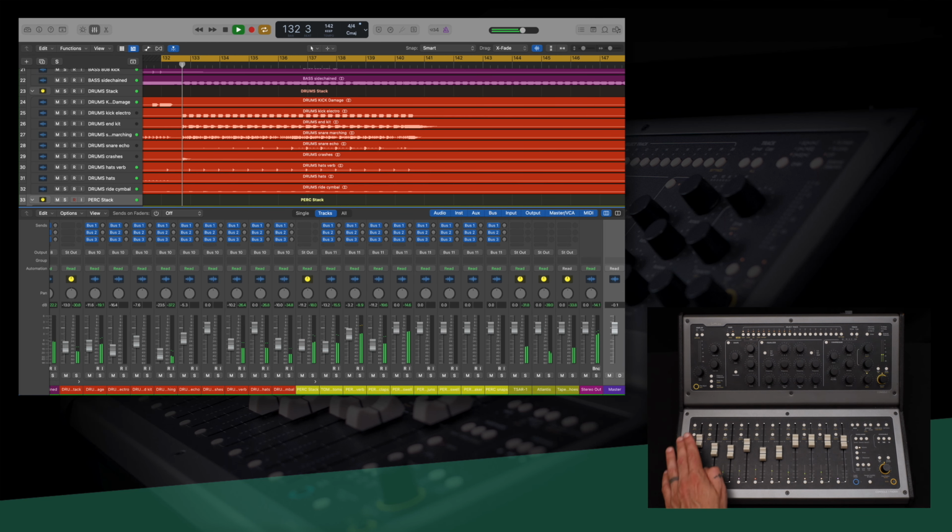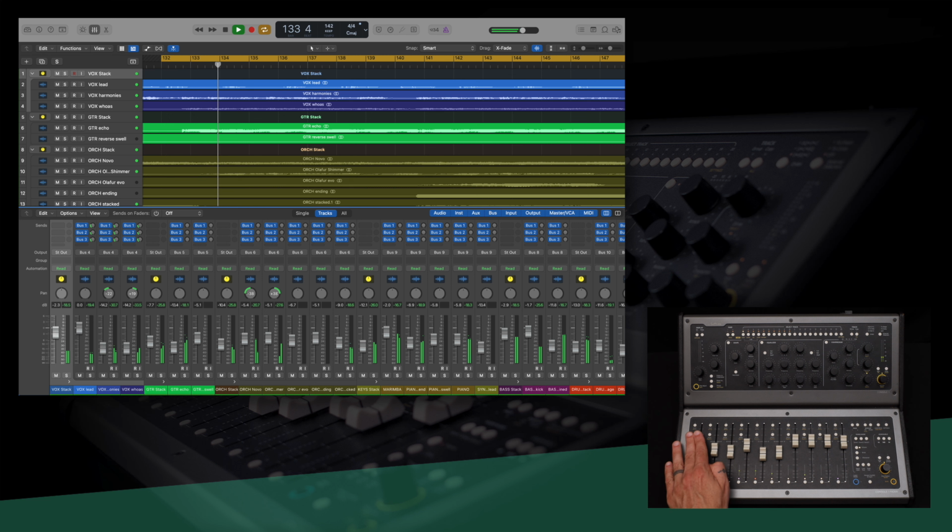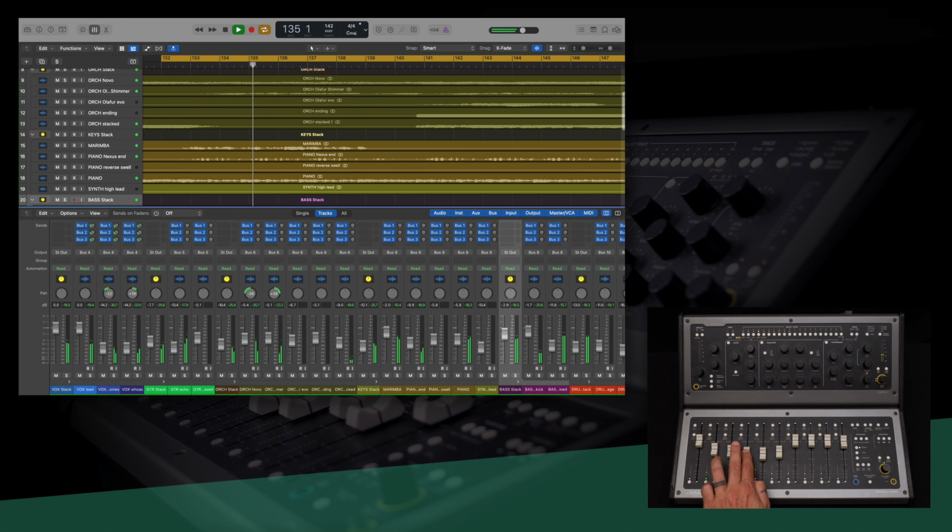We can go up, we will go up, we can go up,